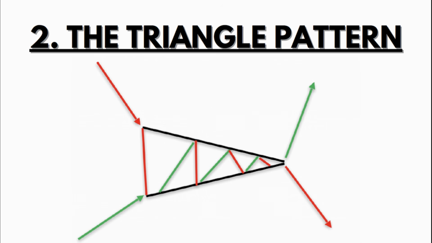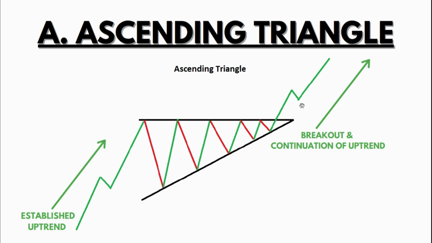And if there is an uptrend, the price will go up, consolidate, form a triangle, and then break up. So this is the triangle pattern. Now the first variation, that is the bullish variation of the triangle pattern, is known as the ascending triangle. That means a triangle is formed, but it is in an ascending manner. So you can see the upper trend line is flat.